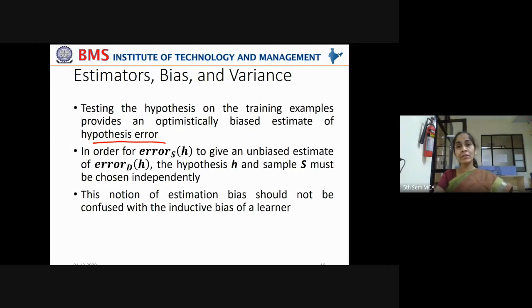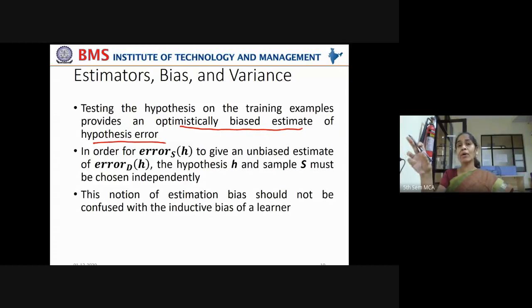So it gives overfitting. It performs overfitting of the data. It gives an optimistically biased estimate. It overfits with the training examples because it knows each and every possible combination in the training examples. Now, what is of interest is how it performs with the unseen data. With known data, it performs very well and gives an optimistically biased estimate. It overfits the data, but how does it perform with the new or unseen data?